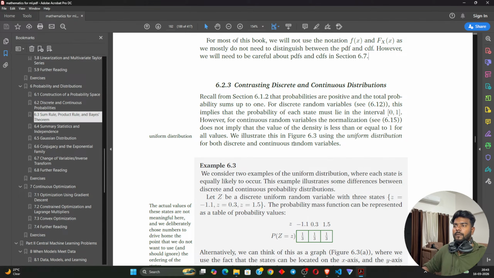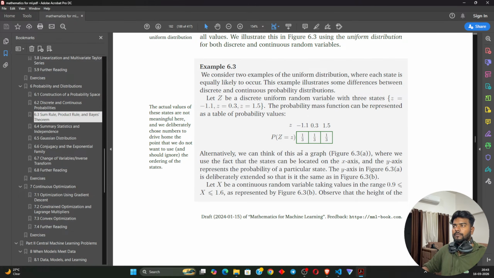We will illustrate this in figure 6.3 using the uniform distribution for both discrete and continuous random variables. We consider two examples of uniform distribution where each state is equally likely to occur. This example illustrates some differences between discrete and continuous probability distributions. Let Z be a discrete uniform random variable with 3 states, -1.1,